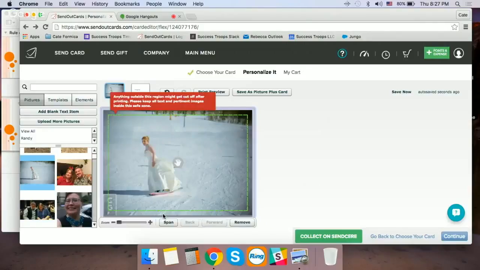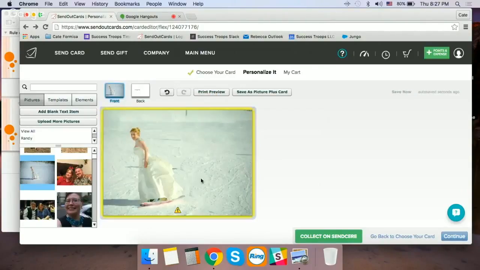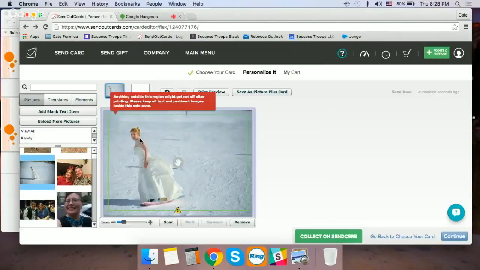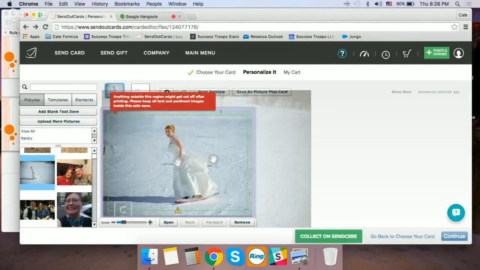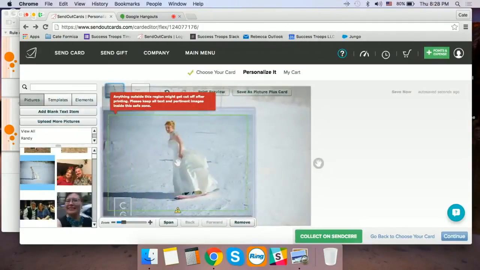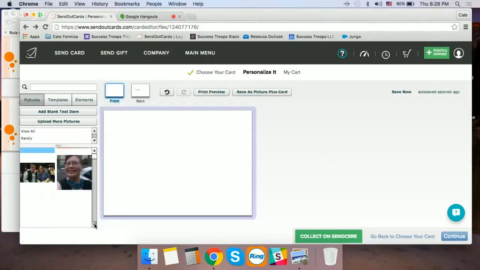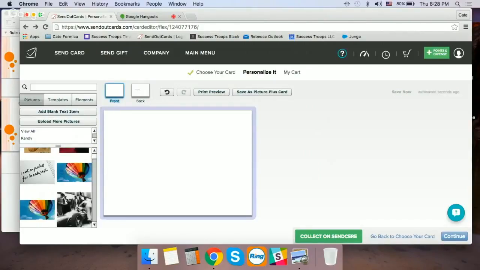This gal. Now this, I would actually make her a little bit bigger, so her eyes fall on the top of the rule of thirds. This is a bride who's snowboarding in her wedding dress. I was like, you go, girl. So right there, she's on the top line, and there's a lot of space. Now remember, she might be better suited if we could move her over this way a little bit more. It won't go any more than that. But if I could put her to the right, a moving target, you can imagine her going down the rest of the mountain, right? So you kind of get that. Let's see what else we got here.